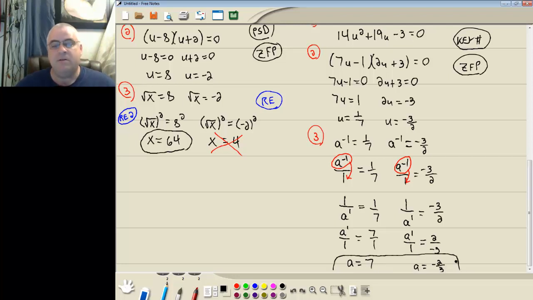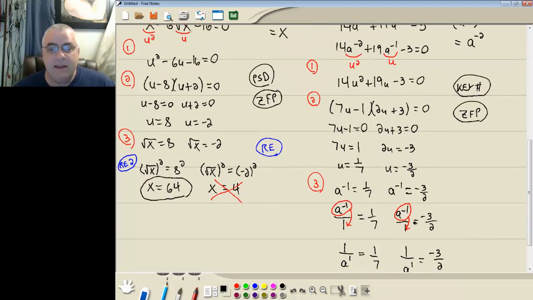And those would be our two answers. Now, I checked the answers in the previous problem, but I'm not doing it on this one. It's only when you raise both sides to a power that you have to check it. There's some other situations where you have to check it too, but in this particular problem, the only thing you'd